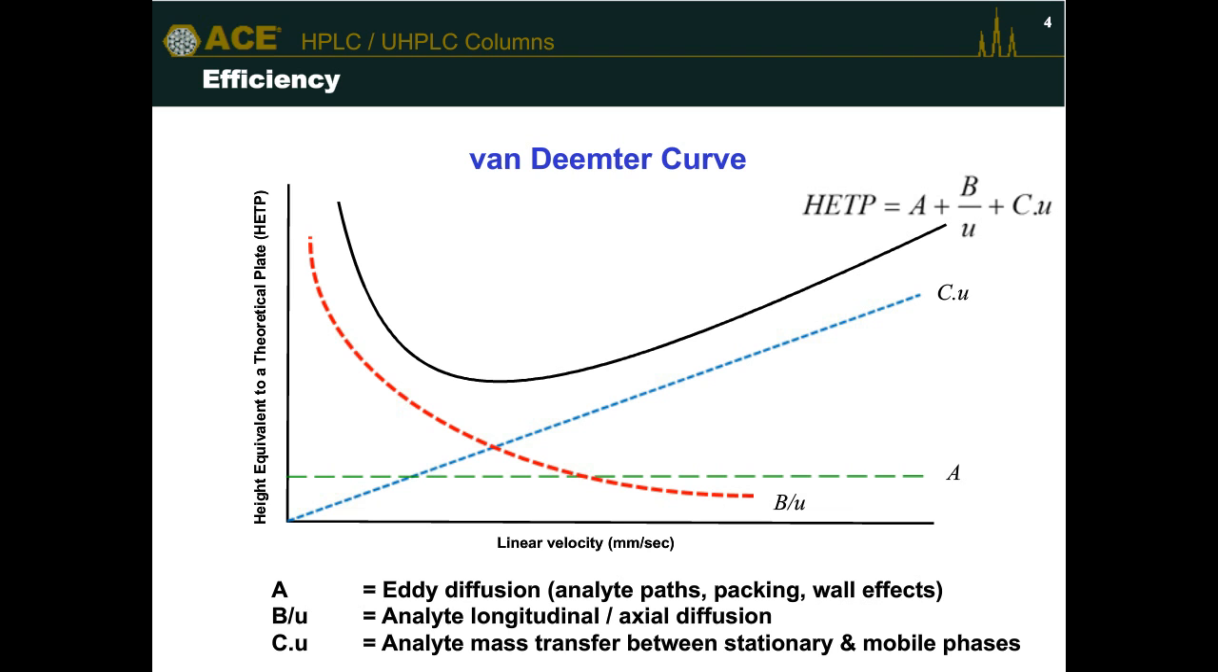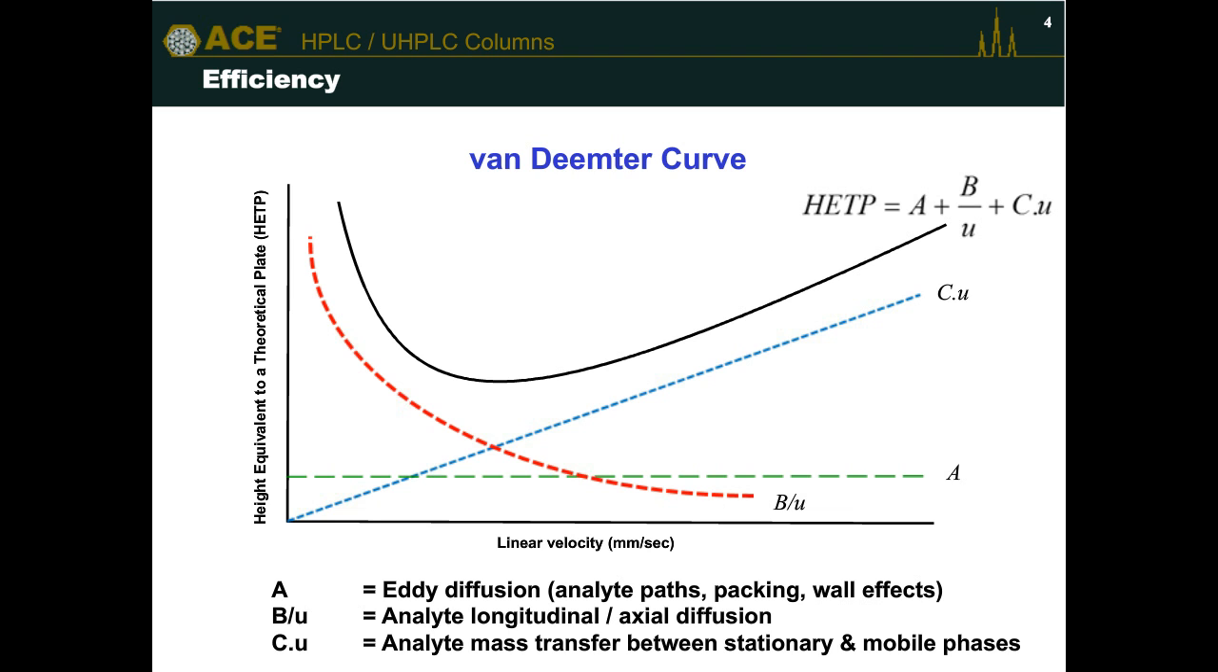It is made up of three key terms, the A term, the B term, and the C term. And you can see how they contribute to the equation at the top right. And this is giving a resulting HETP, so height equivalent to a theoretical plate. We want that to be as low as possible. So the lower the height equivalent to a theoretical plate is, the more efficient our column is. So the ideal place to work chromatographically to get the optimum efficiency would be the bottom of this Van Deemter